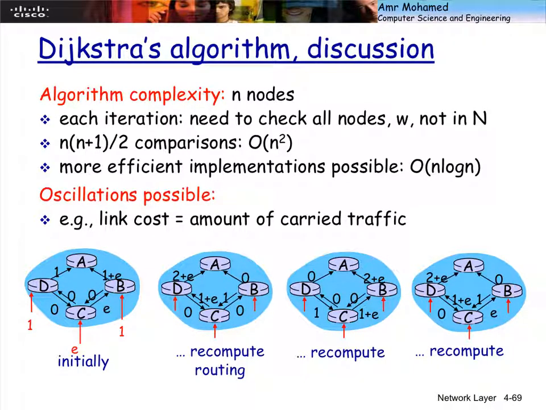Oscillation is different from loops. We'll talk about loops for distance vector, but here we have the possibility of oscillation. One example of a link state routing protocol is OSPF. OSPF uses link state,